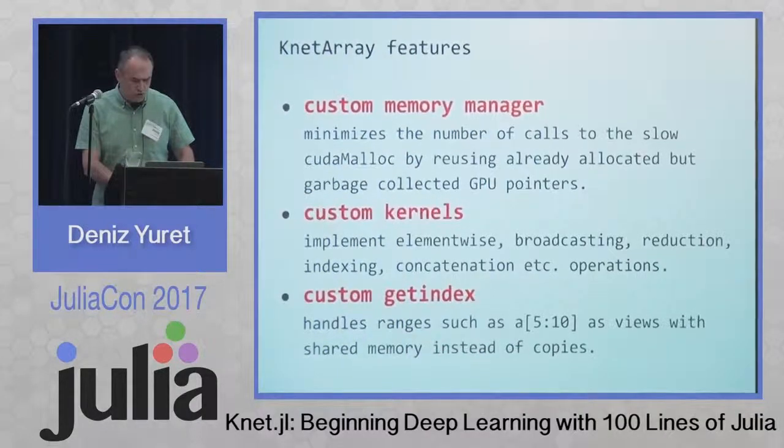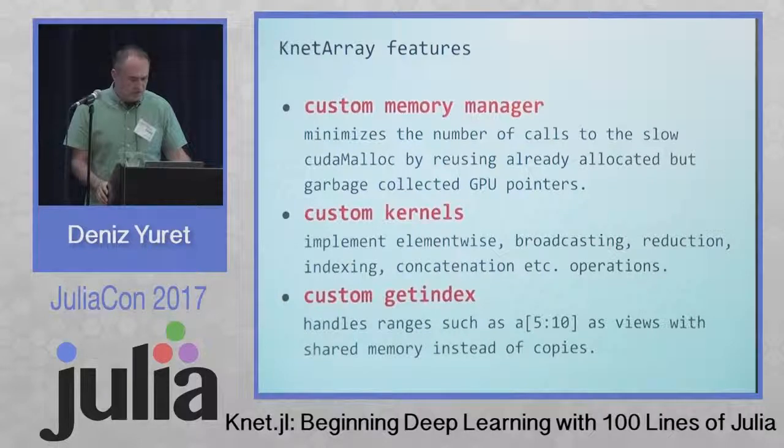In order to make this run fast, I had to do some tweaking. In particular, I did three things. One, I wrote a custom memory manager because the CUDA malloc is extremely slow. So what I do is, whatever pointers I get back from the Julia garbage collector, I don't actually release them. I reuse them. That gives me a lot of